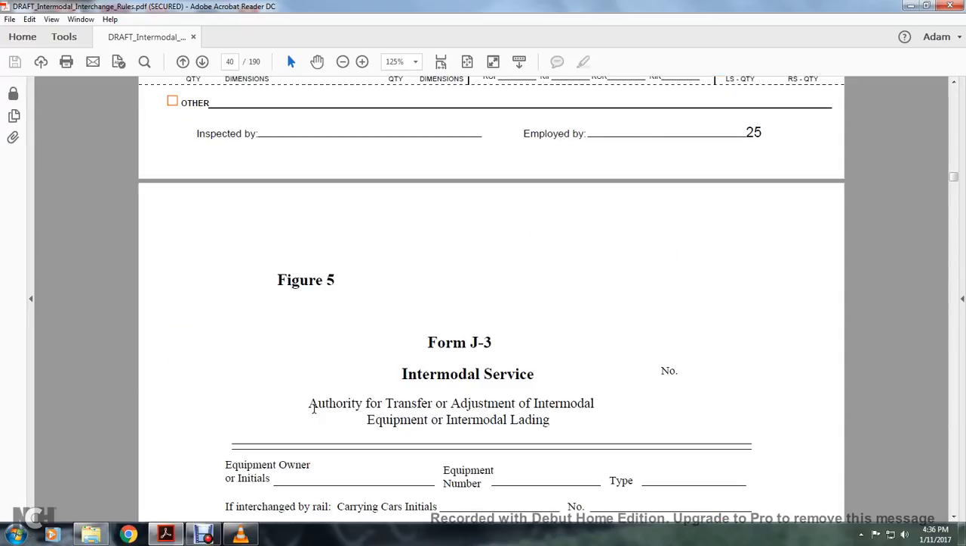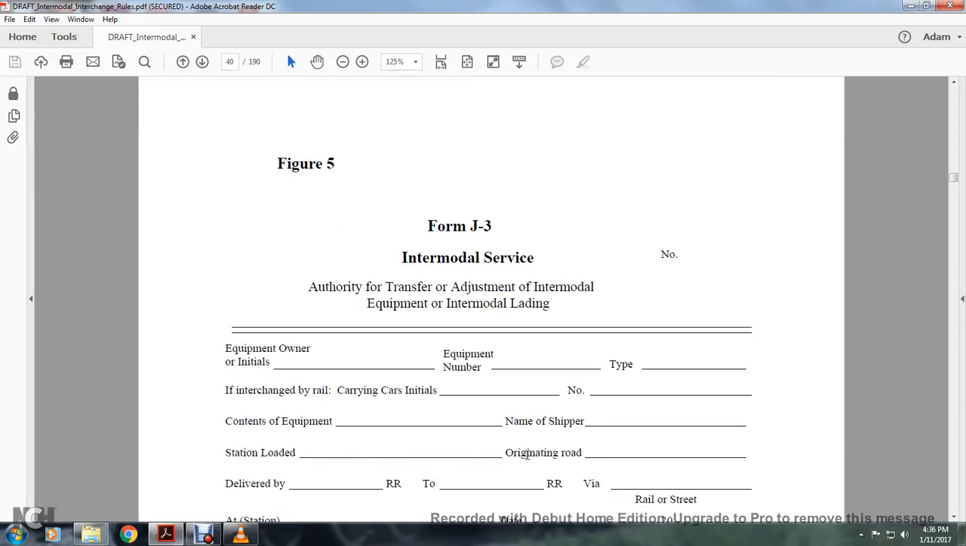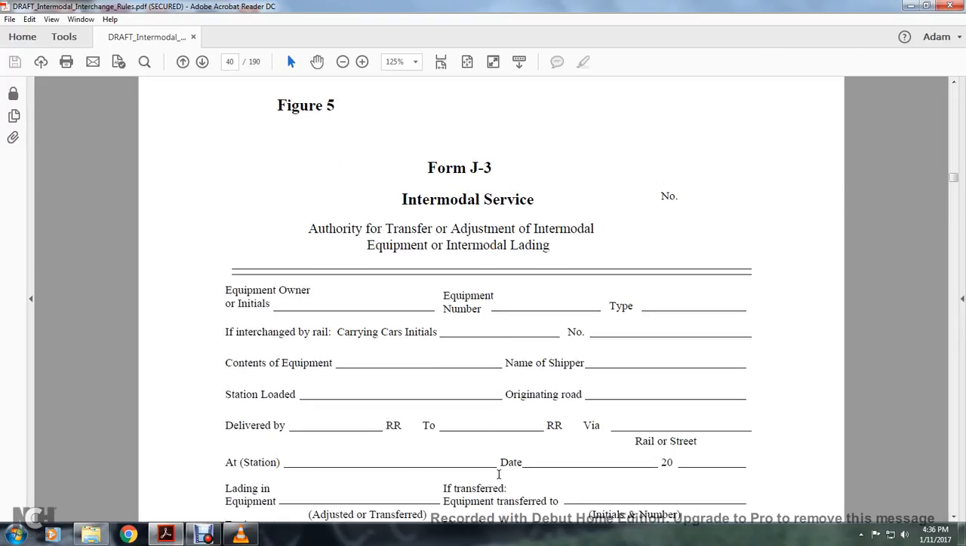Figure 5, J3, Intermodal Service Authority for the transfer, adjustment, and intermodal equipment of the intermodal landing. Equipment owner initials, equipment number, type, the interchange for the rail, the carrying car's initial and number, contact for the equipment, name of the ship to the station loaded with the refrigeration, delivered by RR to RR with the railroad street, attention, the station, the date, and the loading and the equipment